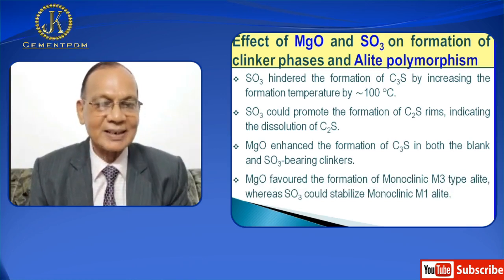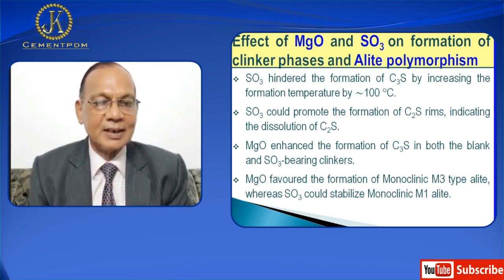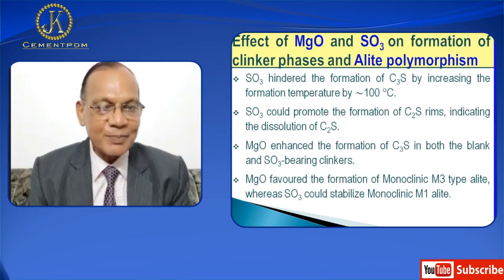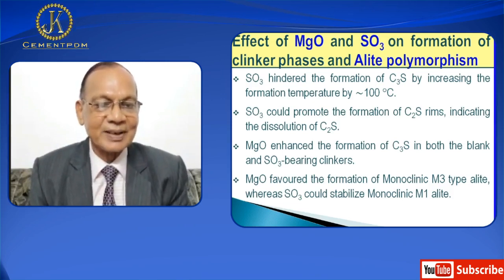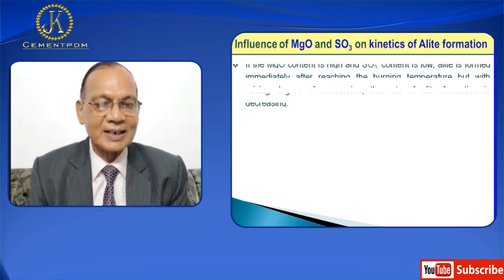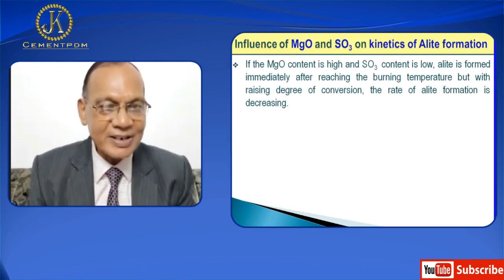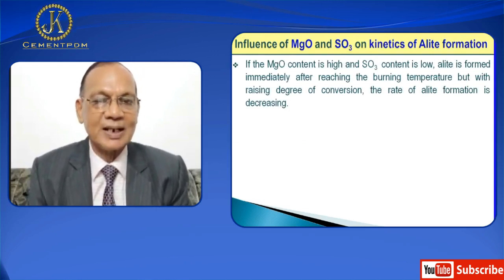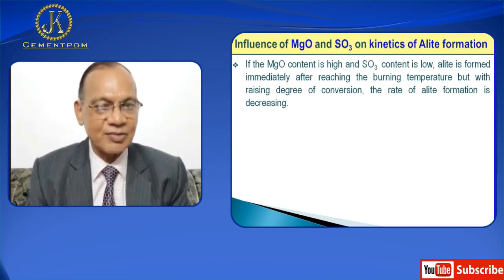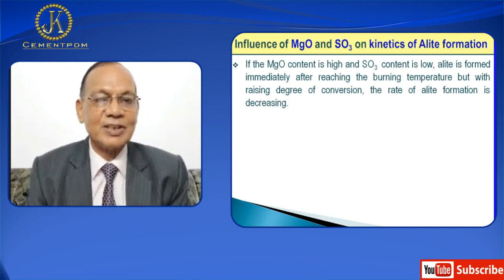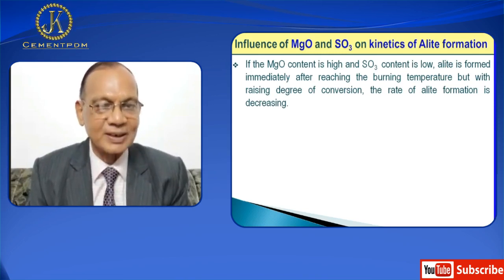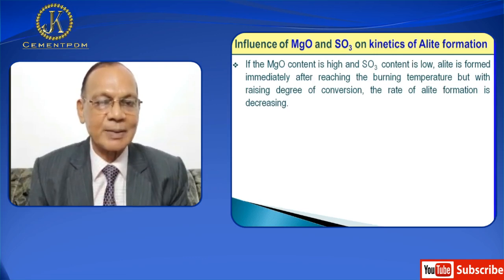MgO favored the formation of M3 monoclinic type alite, whereas SO3 could stabilize monoclinic M1 type alite. Now I will discuss influence of MgO and SO3 on kinetics of alite formation. If the MgO content is high and SO3 content is low, alite is formed immediately after reaching the burning temperature,